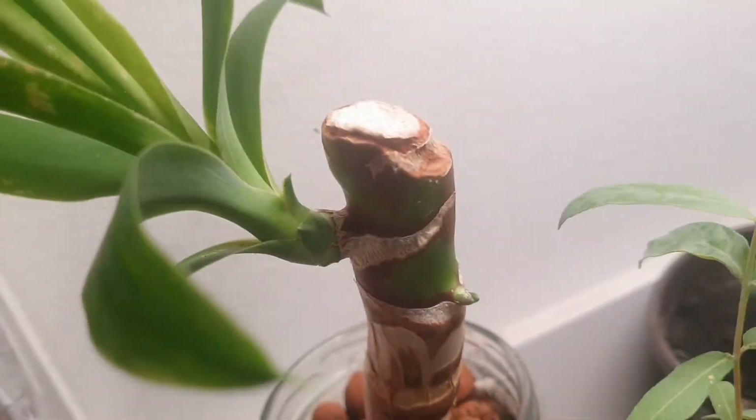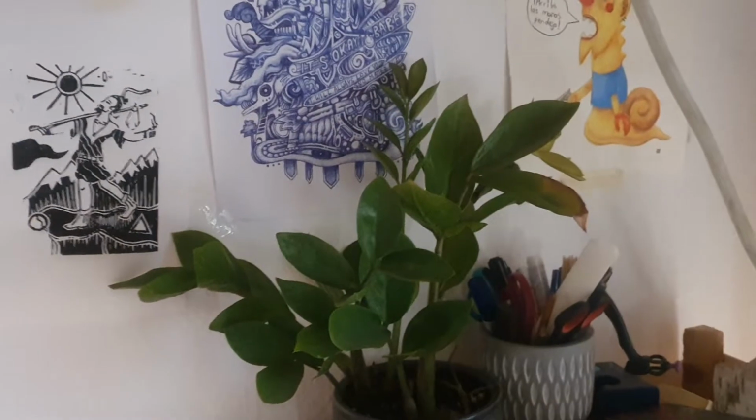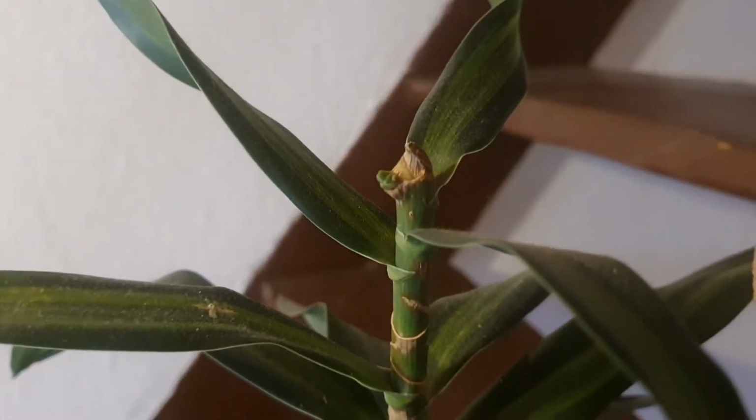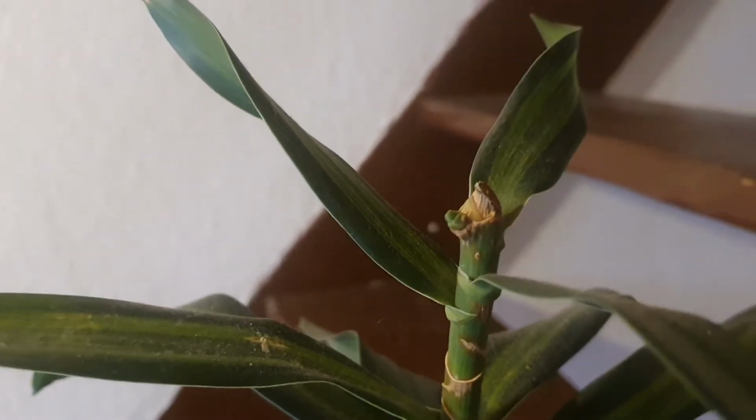And yeah, my yucca going strong. My spider, not spider plant, my, you know which one it is, my ZZ plant. And I'll just show you the ones outside of my room. Turn on the light. This Dracaena is getting a little tiny nub in here, which has been there for like 2 weeks, and it's not grown or anything, but